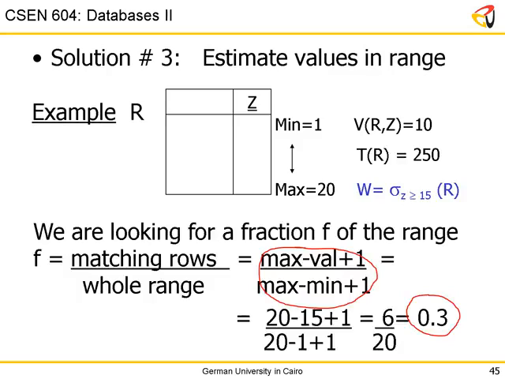Okay? Now, let me just go back. I will take this number and multiply it by the total number of rows. So if my T of R is 250, then I will get an estimate of my result set size. T of W is going to be 0.3 multiplied by 250. And this is obviously a more accurate solution than the previous two, because in the previous two we assumed